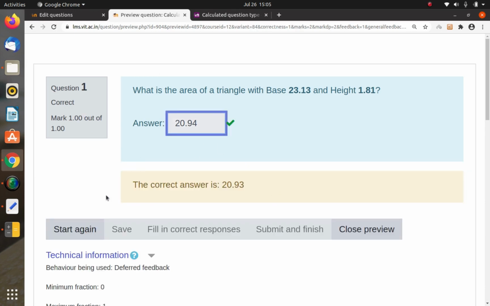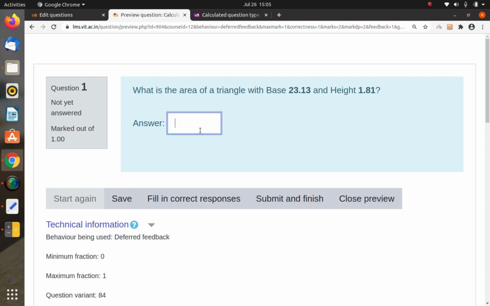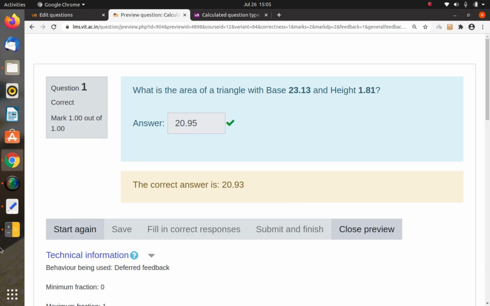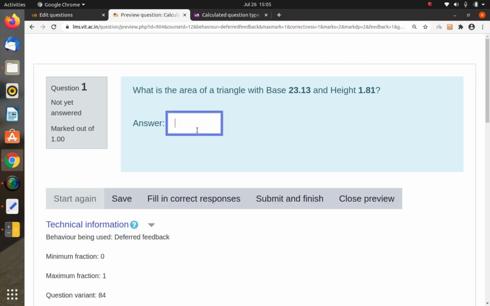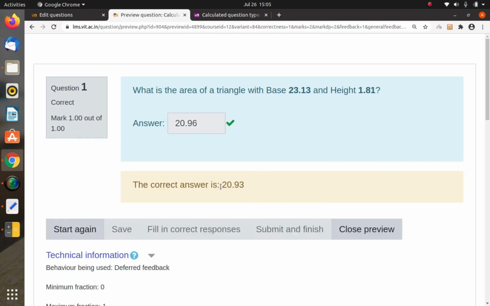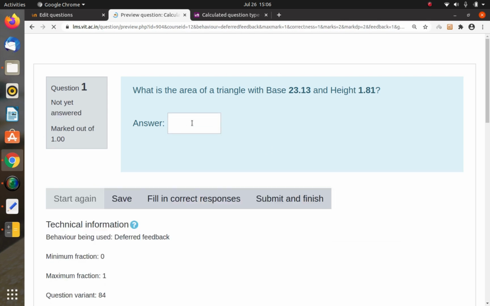Still it is correct. Then again I will write 20.95. Okay, this is also correct. Then 20.96.